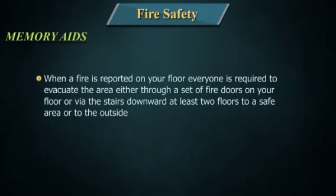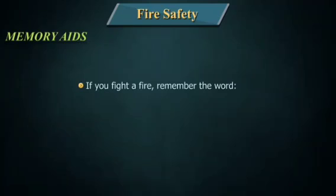When a fire is reported on your floor, everyone is required to evacuate the area either through a set of fire doors on your floor or via the stairs downward at least 2 floors to a safe area or to the outside. Never go up unless you are below grade or down to an area below grade. Do not use elevators. If you fight a fire, remember the word PASS,